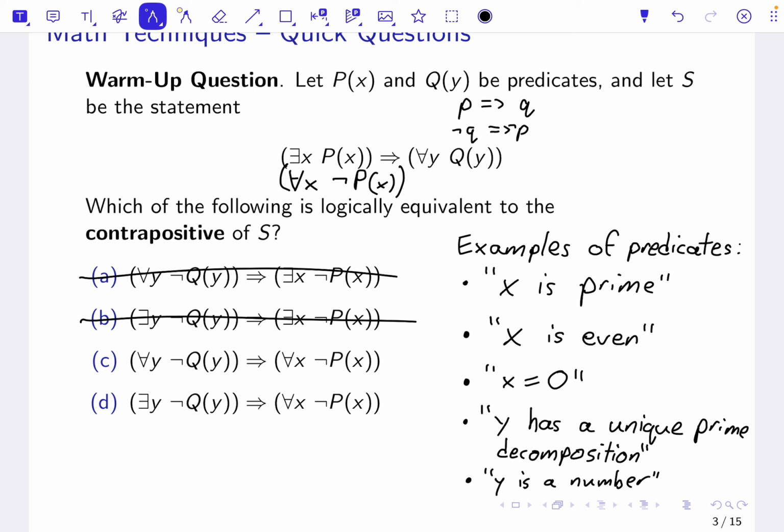oops, I should have put a not there. Their right side of the implication has an existential quantifier. No good. So let's negate this. For all y, Q of y,